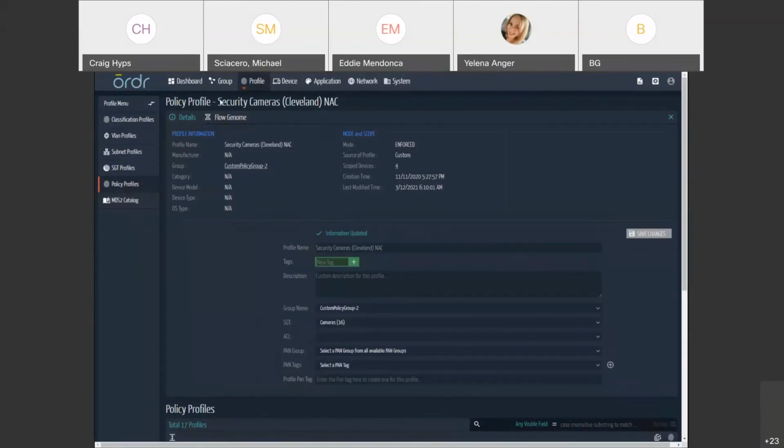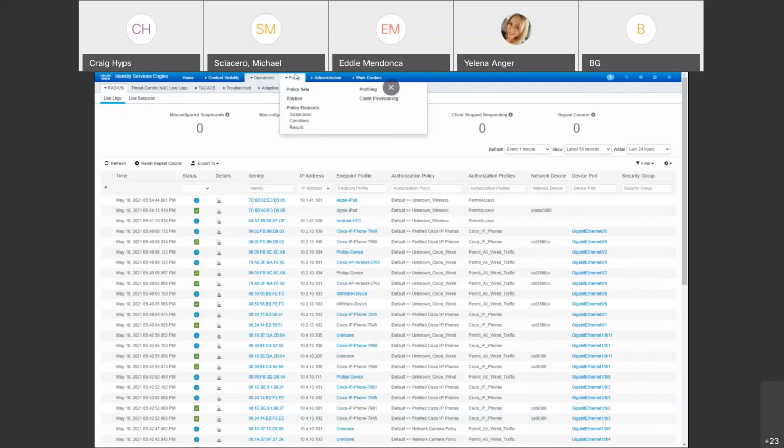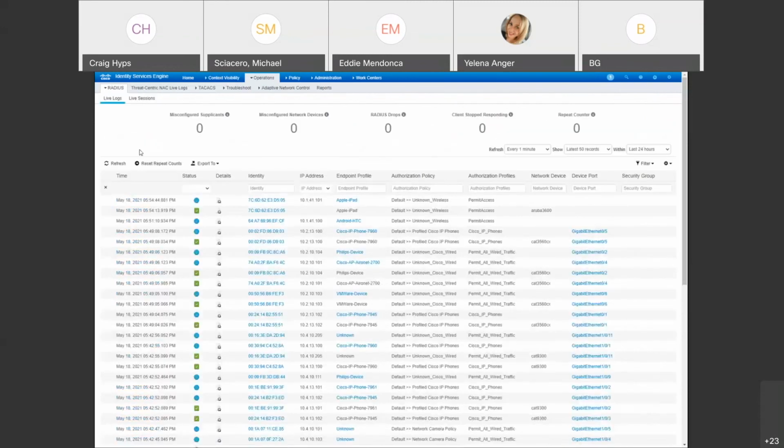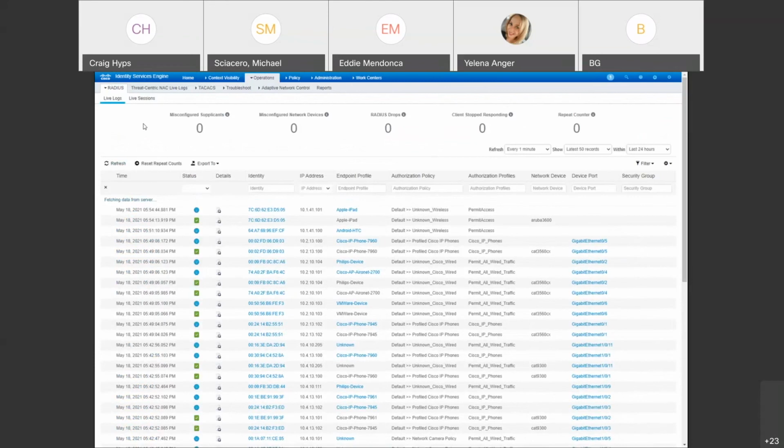Now, the moment I did that, the first thing I want to show is that all that rich information about every device is already populated from Order into ICE. So you can see these rich views based on the types of devices, OS, its criticality, and these columns can go on and on. But I can build business relevant policies around this. But what I just showed was we can take that to another level by automating that segmentation policy, so that you can now see, if I refresh the screen, this is what's called the